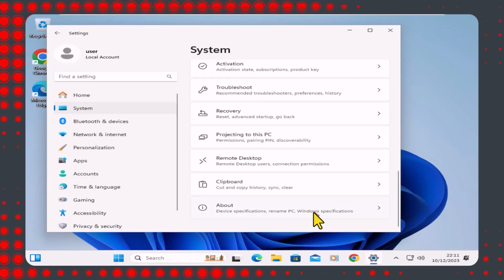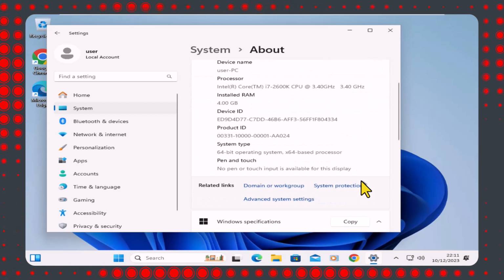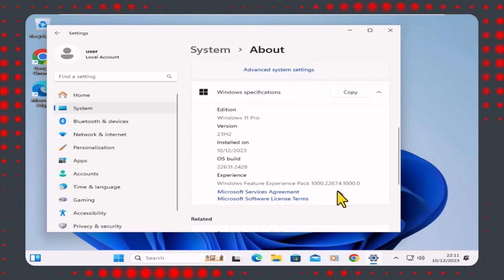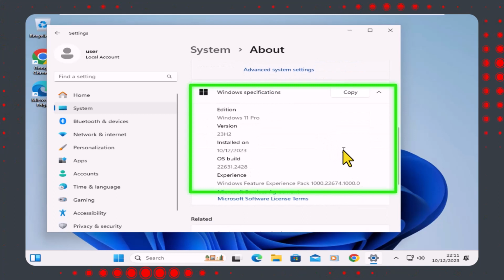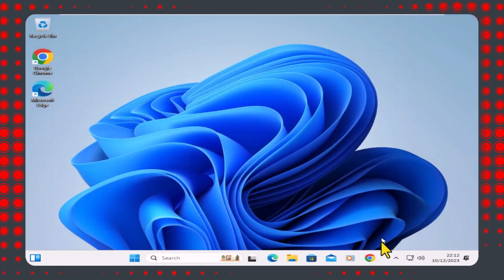Fantastic job! You've successfully installed Windows 11. Seamlessly upgrading from Windows 10